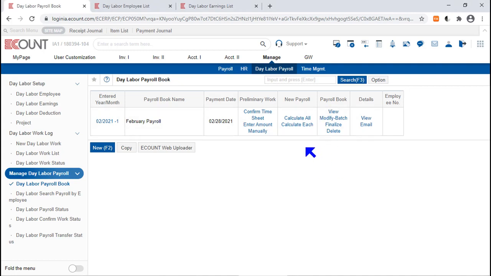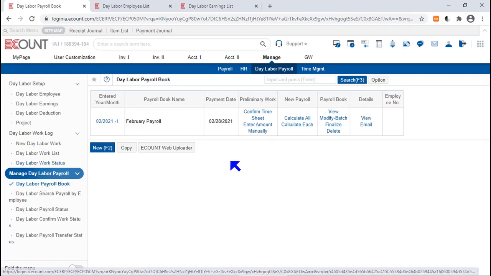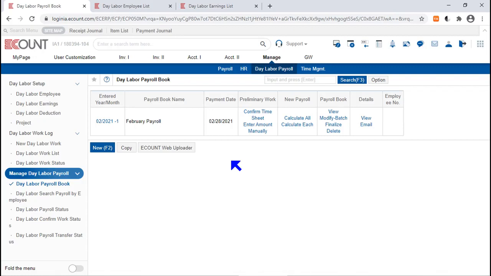In this video, we will discuss the Manage Day Labor Payroll, Day Labor Payroll Book menu. In this menu, you can create payroll books and have the program calculate the payroll amounts of your part-timers and day labor employees. In order to create a new payroll book, click New at the bottom